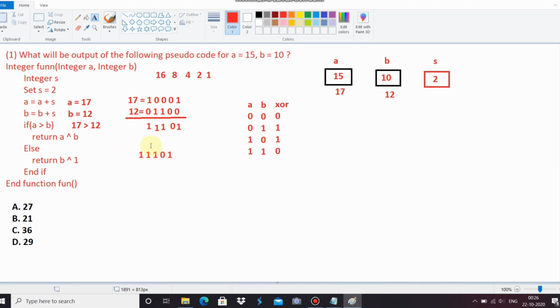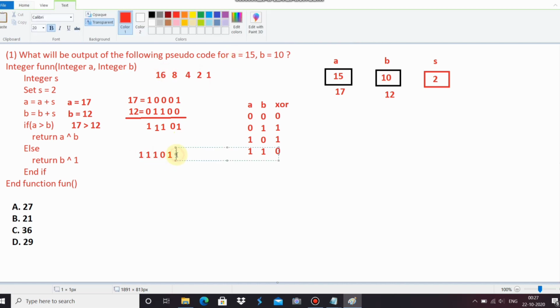Now this number is a binary number. Now we convert it to another base. Let's see how to convert it. We can see the first position is 16, the 8 position is also 1, which means it's true. The 4 position is also 1, then we add 16 and 8, which is 24, and 4 makes 28, and 2 is 0 and the last 1 is 1. It means if you convert it, then the result will be 29.